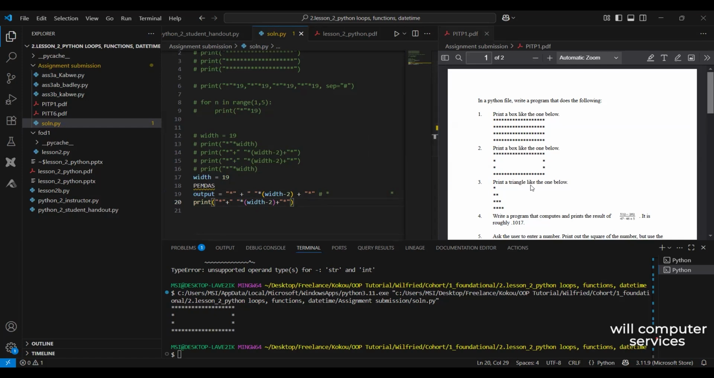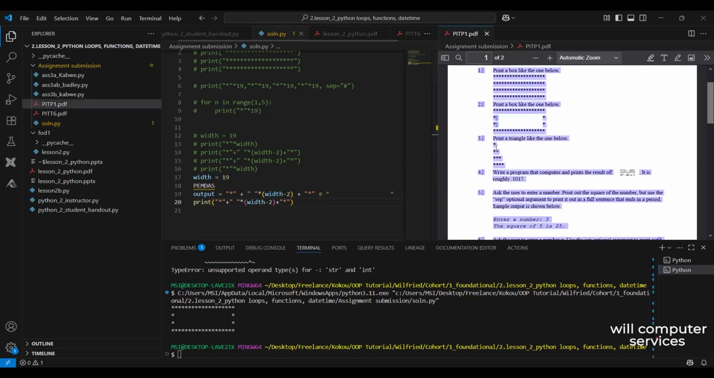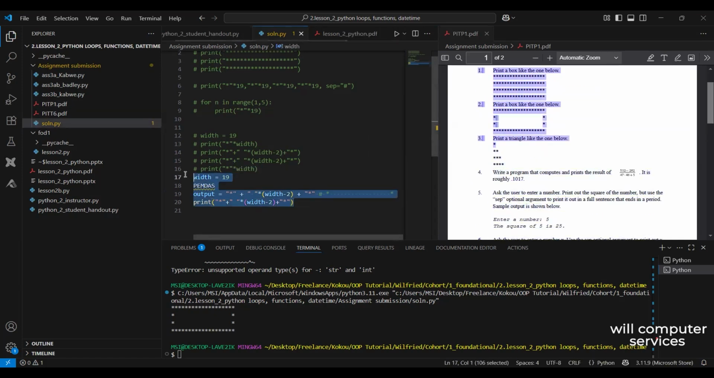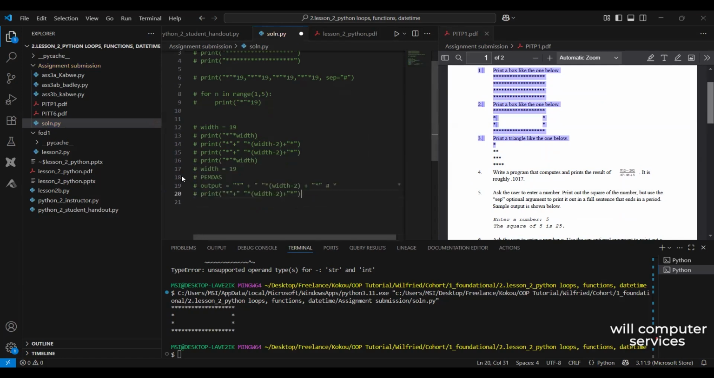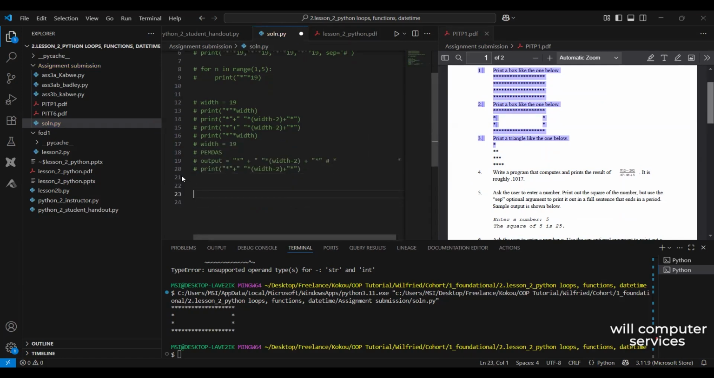So that is that about that. And for this, again, you can use a for loop. And for the third one, you can use a for loop. But if you don't want to use a for loop,